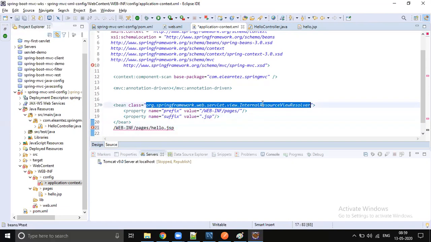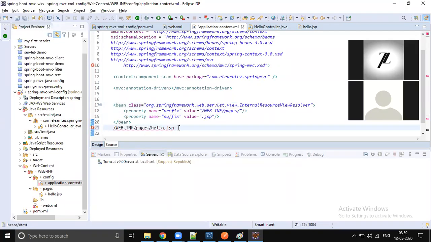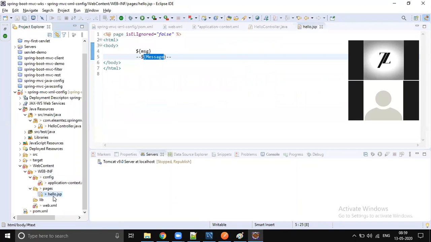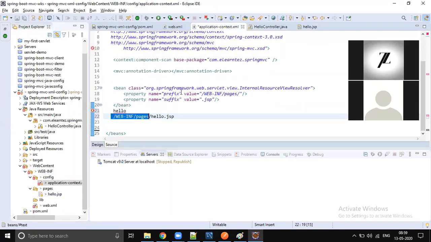So by taking the help of this internal resource view resolver, Spring will understand, okay, I have to render the hello.jsp. How is it identifying that path? By using the prefix and suffix. We return only hello, but hello.jsp, which is present inside the WEB-INF/pages folder, gets rendered. How exactly is it getting rendered?